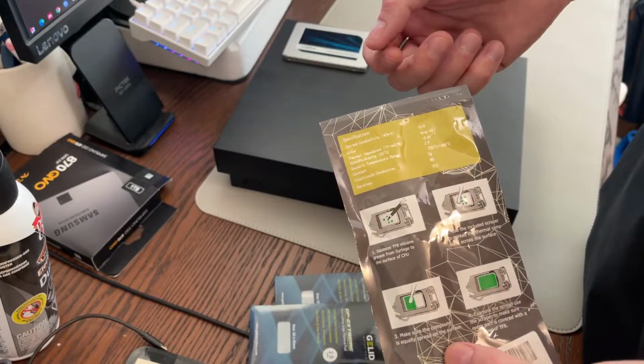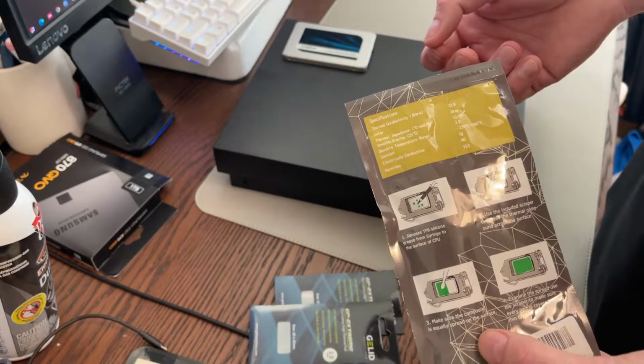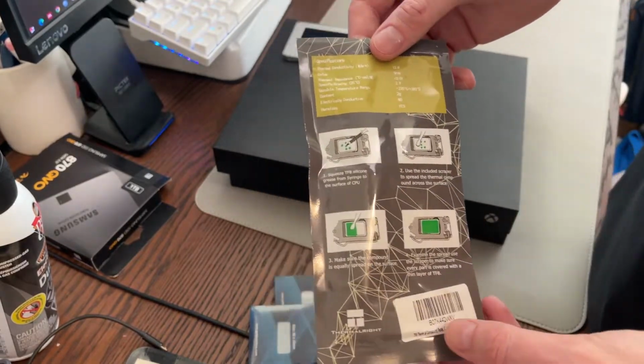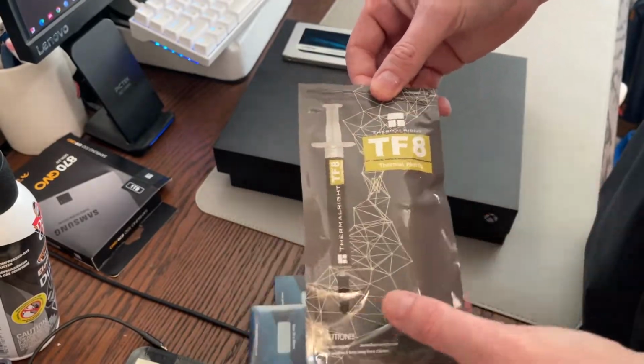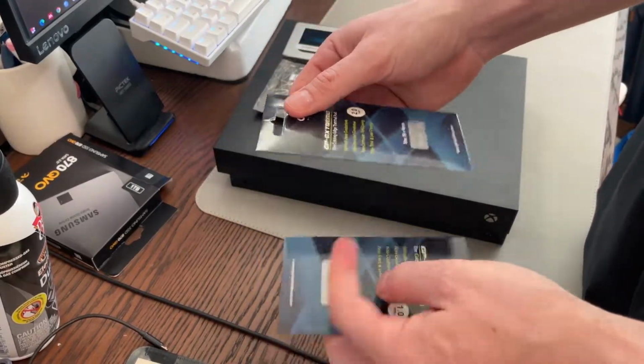If you use some of that like MX stuff, it's fine. The Arctic Silver, even Cryonaut I've used before, and the temperatures went up after a short period of time, and I think that's because it's just not as thick for these lower mounting pressures. So I'm going to use some TF8. This stuff's great. So we'll repaste it, and then the other thing I'm going to do is put new pads